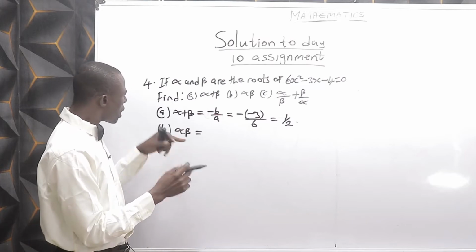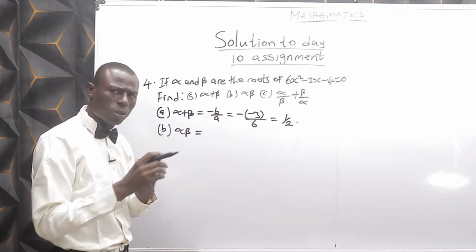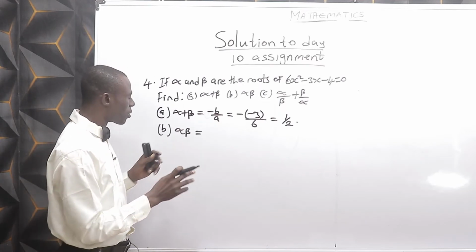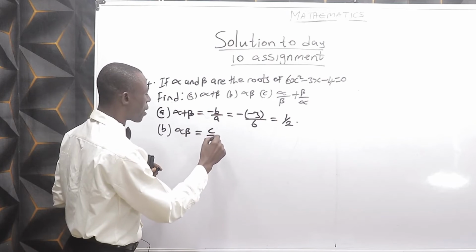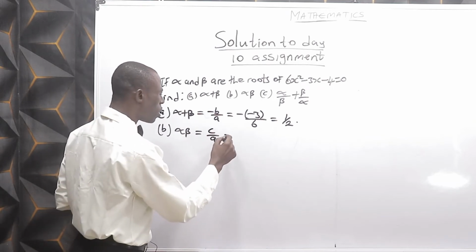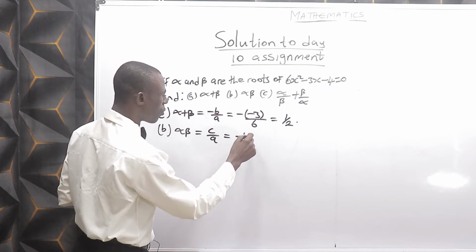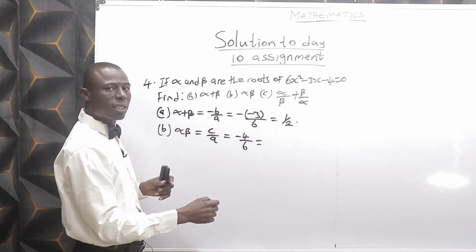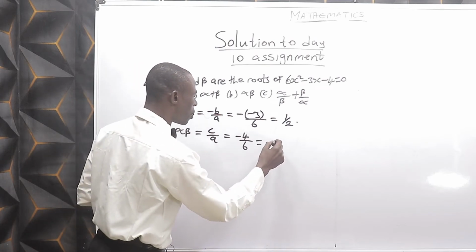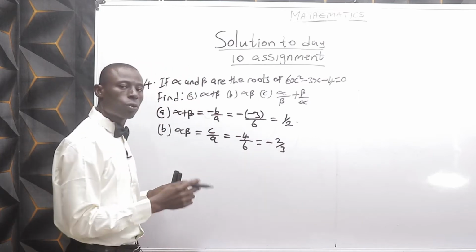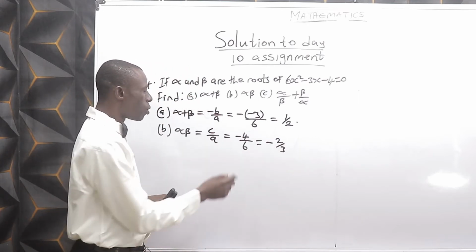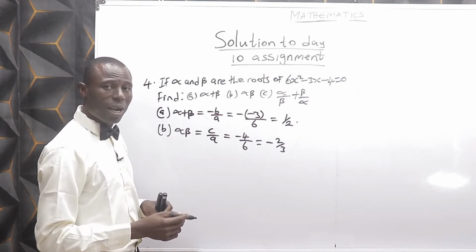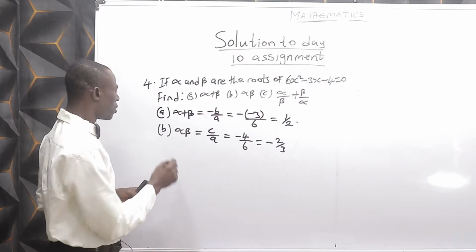Hence B, alpha beta is product. If we assume that alpha and beta are the roots of the quadratic equation, that means multiplication of the two of them is product. So product is c over a. Don't forget, c in this equation is minus 4, a is 6. Reducing minus 4 over 6 to the lowest term, 2 goes in 4, 2 times, 2 goes in 6, 3 times. So you have minus 2 over 3 as the answer. Question C,